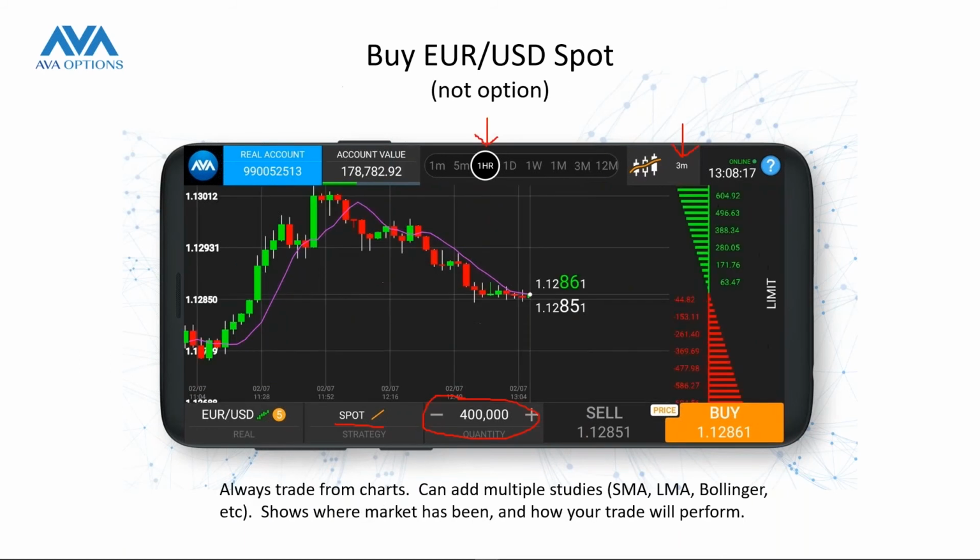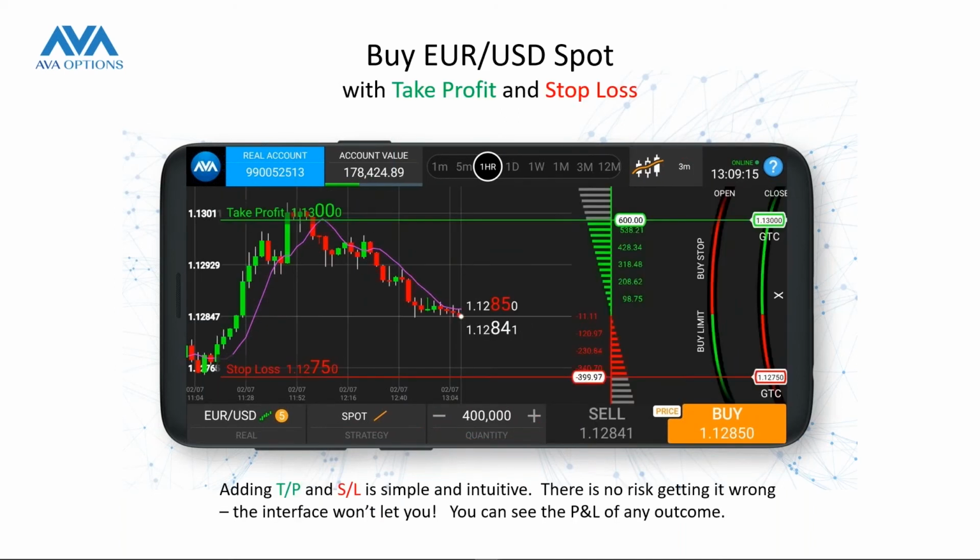We can click this limit button on the side. Sorry, I have to draw with my mouse. If you click that limit button, it opens up the limit panel. The limit panel gives you a really nice visual interface where you can just touch that limit panel and put in a take profit and a stop loss.